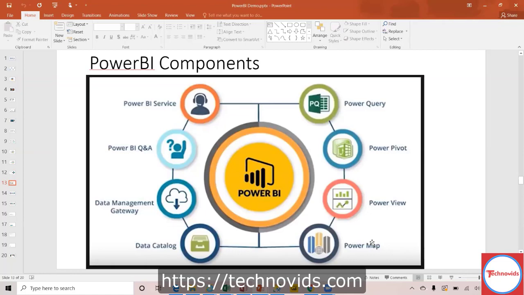Since it's a Microsoft product, they make use of Bing Maps to represent the data. If you have country data, continent data, or region data, it will automatically bring up the map, which you have seen, I think, last class. It will indicate each country-wise or continent-wise data, all those things. And that is a map.